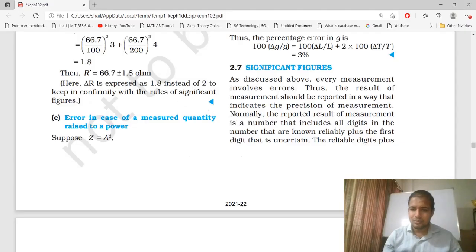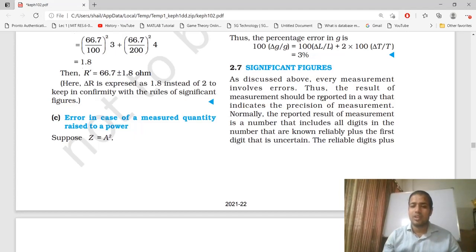Hello. In the last section, we have studied error and combination of errors, and in question 2.7 we have seen the reliable and unreliable digits. We have ignored the last digit. The error is 0.11, and we considered the error as only 0.1, and that is because the mean absolute value